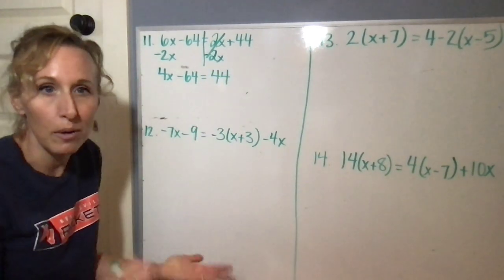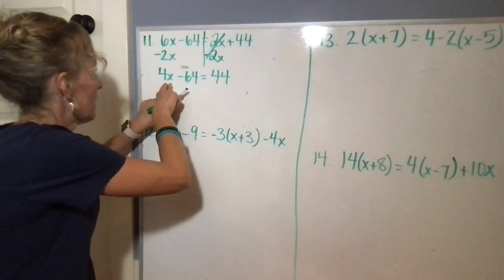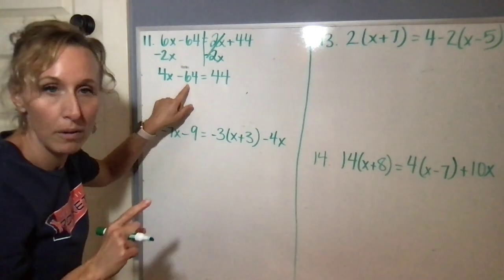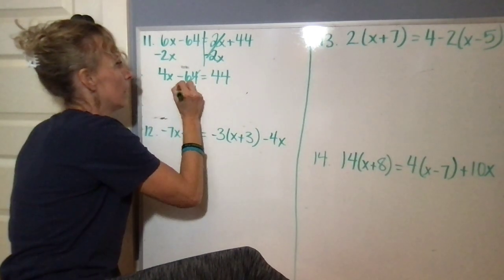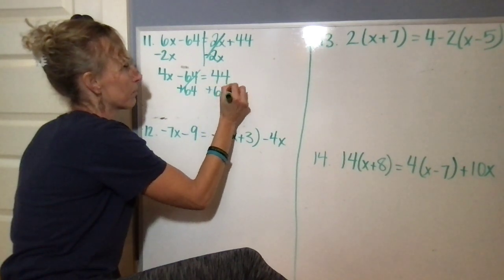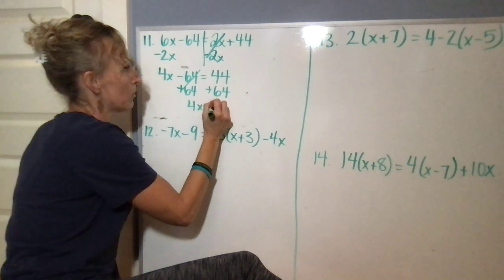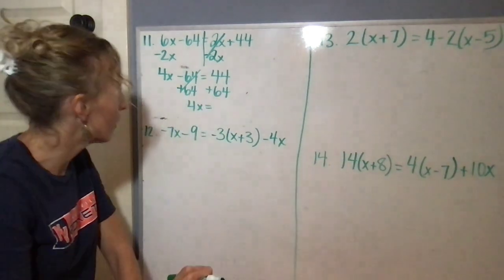Now this should look like what we started with, okay? So here's our x, right? We're not going to get rid of the 4 first because it's the closest. We want to get rid of the minus 64. So we're going to add 64 here and add it over here. Okay, so 4x, let's bring that down, equals 64 plus 44 is going to give us